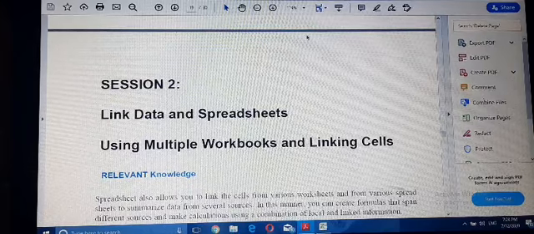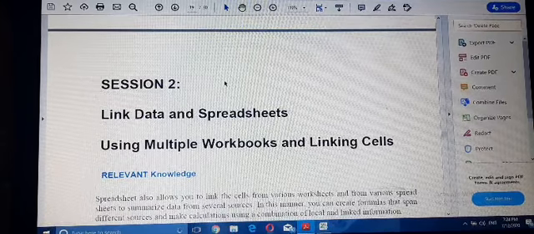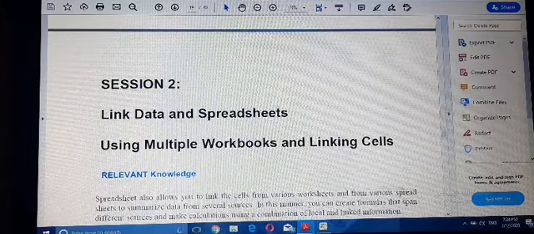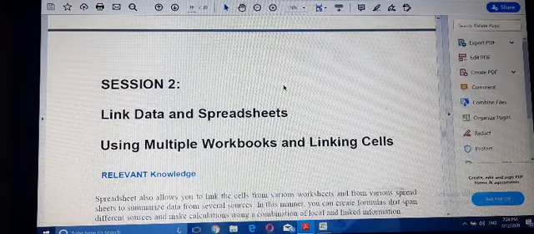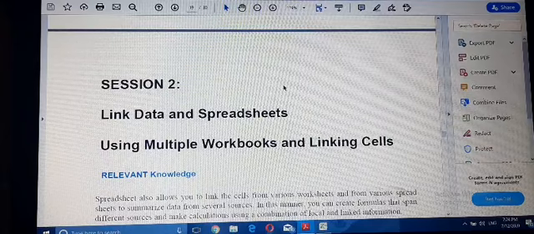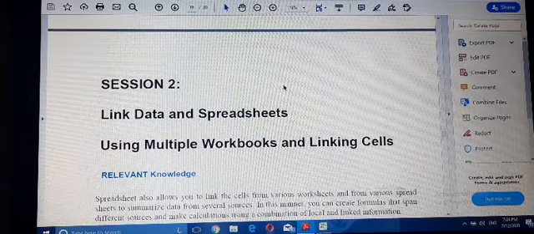So using a link we can access data from other cells.